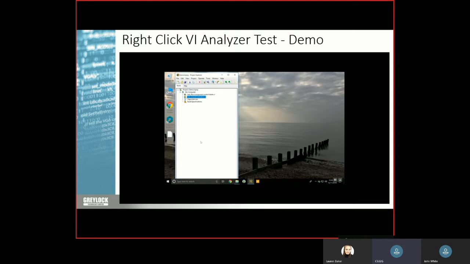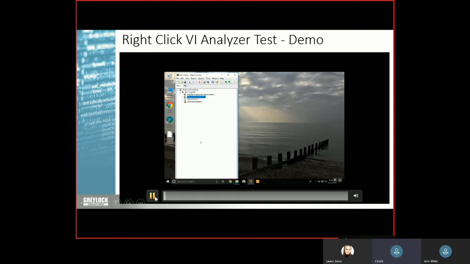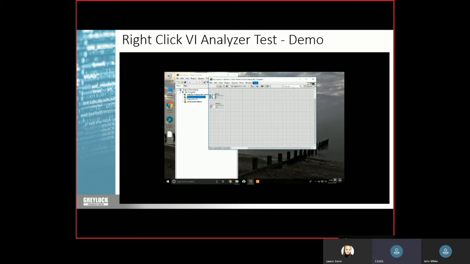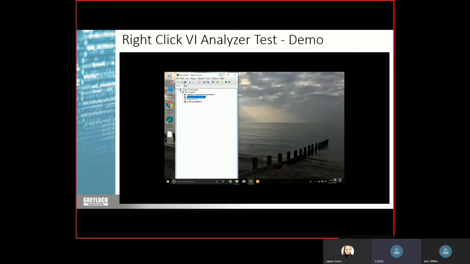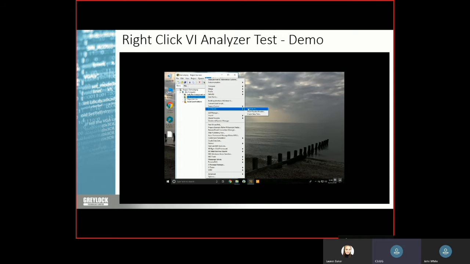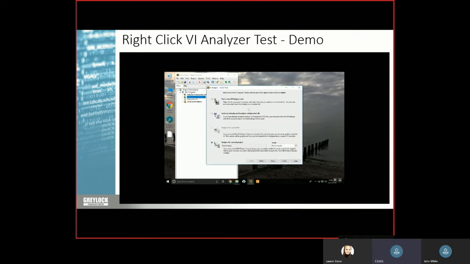Let's see what the end result of that is. So I've gone back to my original project. We've got the two VIs, but this time instead of going Tools, Menu, VI Analyzer, this time I just want to right-click it. So let's run that. I'm going to go up to the item in the project. There it is. It's the same one. It's got my two indicators on the front panel. Yeah. So one of them is effectively unused. So it should fail my VI Analyzer test. So now, show the kind of the